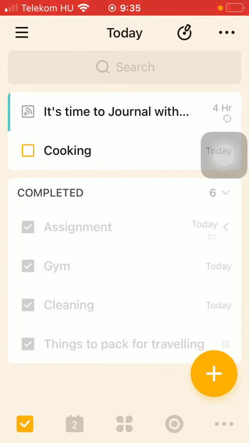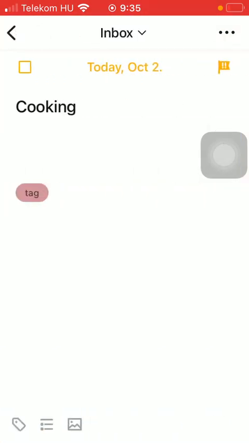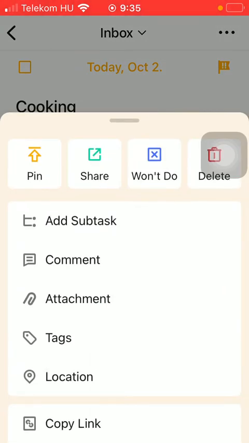Now click on the second option down below, which is the calendar icon, and click on one of the tasks to which you would like to add your location. Click on the three dots icon in the upper right corner of the screen, tap on location,